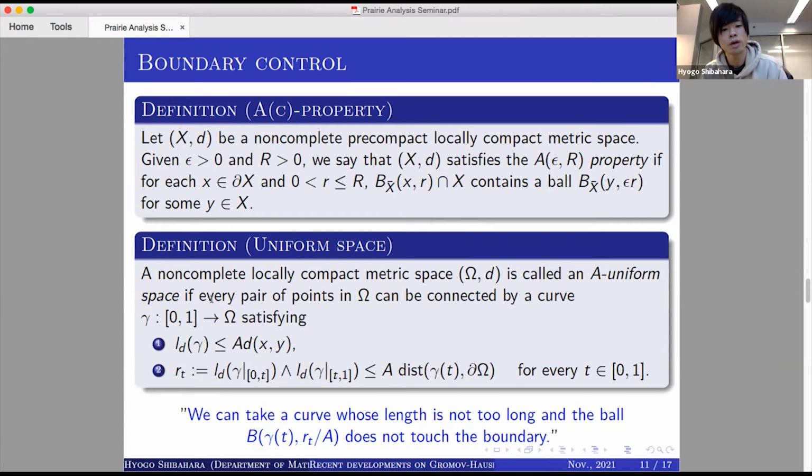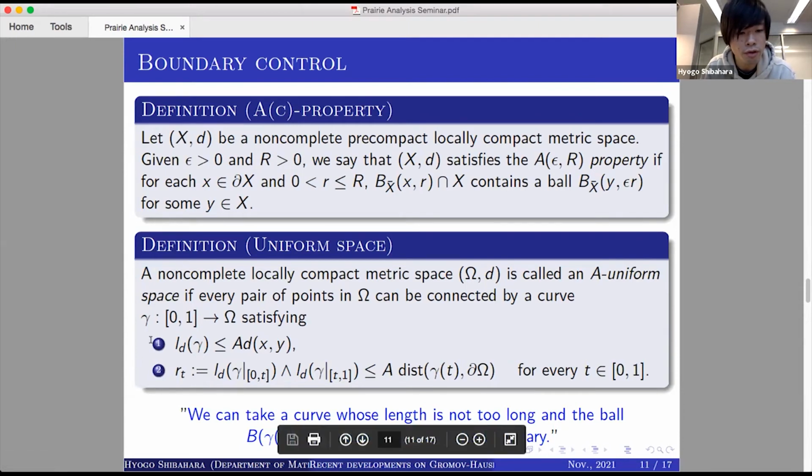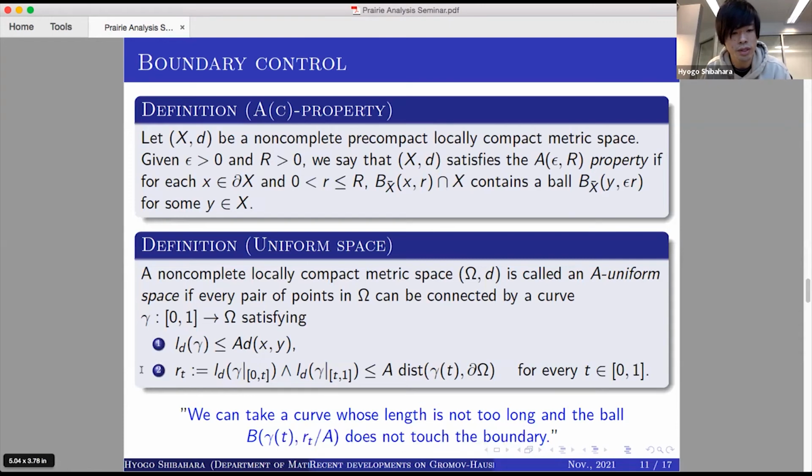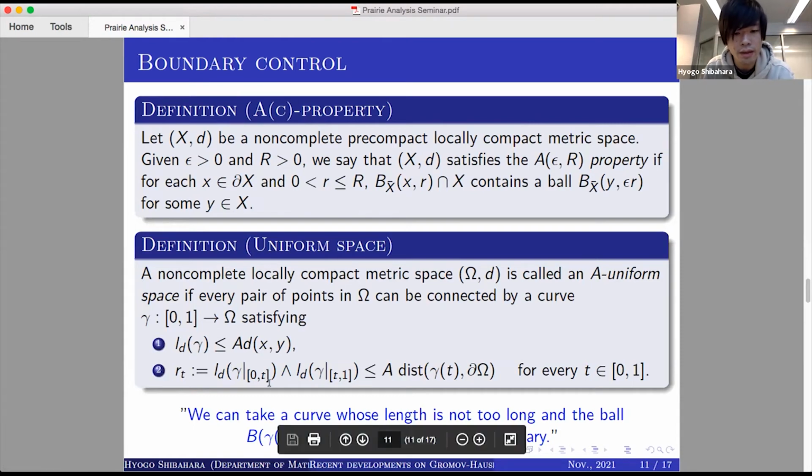So a non-complete locally compact metric space (Ω, D) is called a uniform space if every pair of points can be connected by a curve satisfying these two conditions. The first condition says that the curve is not too long relative to the distance between the two points. And the second condition says that if you divide this inequality, I mean both sides, by A, then we'll get